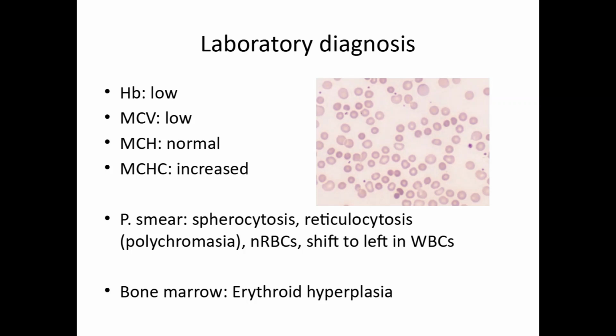Apart from spherocytes, as hereditary spherocytosis is a hemolytic anemia, you will also be able to see some reticulocytes, also called polychromatophils. You may be able to see nucleated RBCs, and you may be able to see the presence of immature myeloid series, a few precursors of neutrophils. If a bone marrow examination is done, obviously the factory will try to compensate for the anemia, so you will be able to see increased number of RBC precursors.